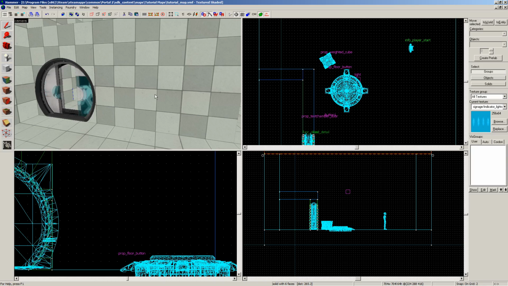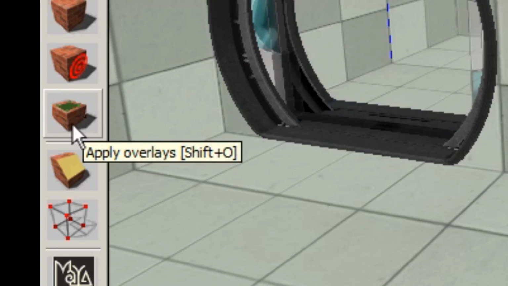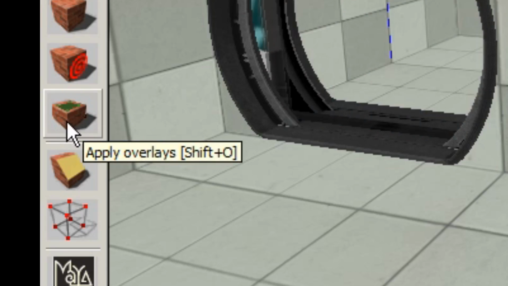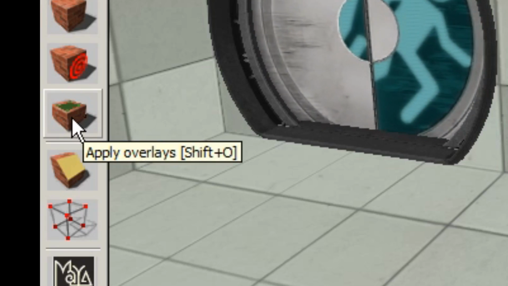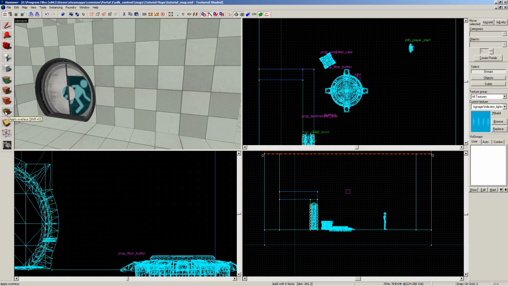And luckily enough, there's an overlay tool in Hammer Editor. If we go to our left here, there's a button that looks kind of like a pool table or something, whatever you think it looks like. But it looks like this, and this allows you to apply overlays onto walls, floors, ceilings, whatever. So we're going to click on this,